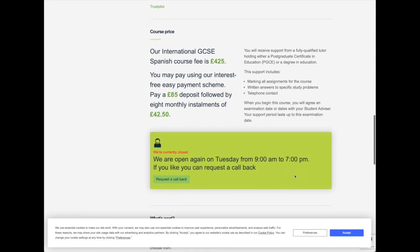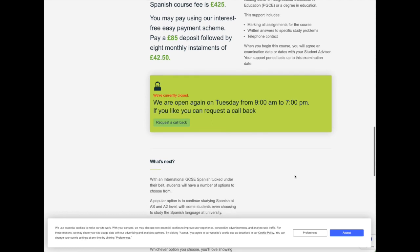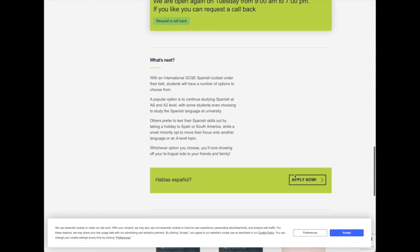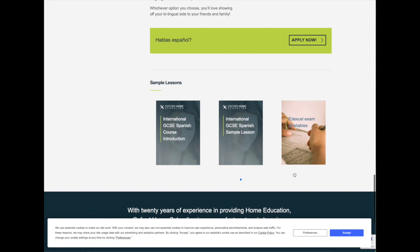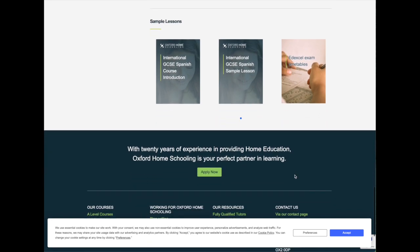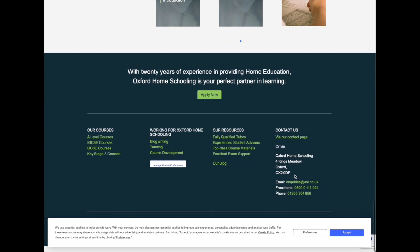One thing that you might find useful to know is that what happened to us with my son was that his first tutor we didn't find to be very good, actually. She wasn't easily contactable and we kind of had to chase her. She didn't seem to be giving him the amount of structure and feedback that he needed. So when we discovered this, we rang them pretty quickly at the beginning of the course, and they have a